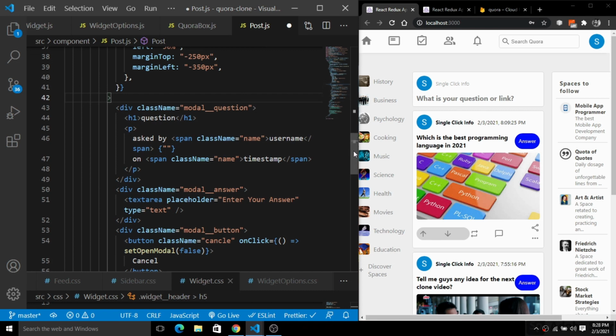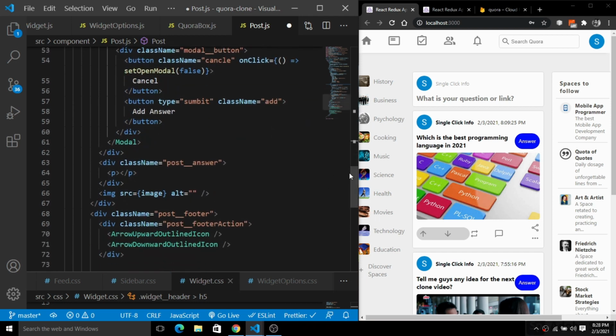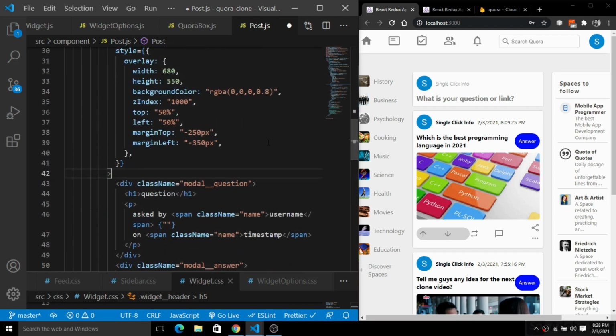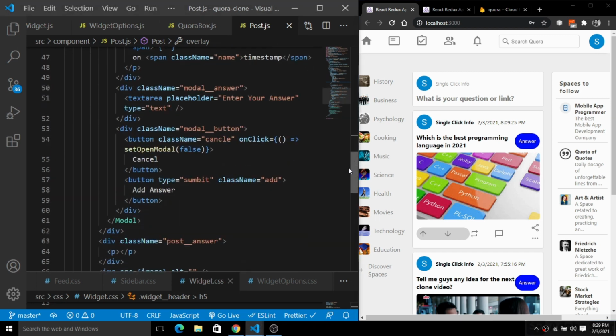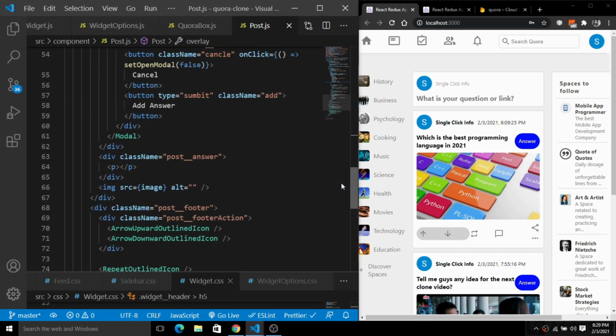Okay, next we have this on click functionality for the cancel button, and we have this add answer here. Okay, so we have these things, and I'm going to simply save this. Next I'm going to simply click on this answer. As you guys can see, there is nothing like a hover here, so I will add a cursor of pointer here. Now I'm going to click on this answer, but nothing happened, because inside of this answer here, you guys can see we have this answer button.